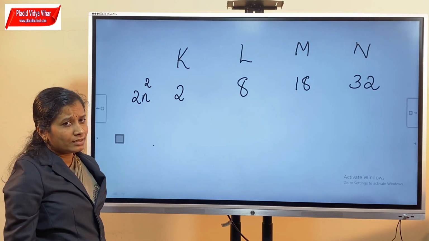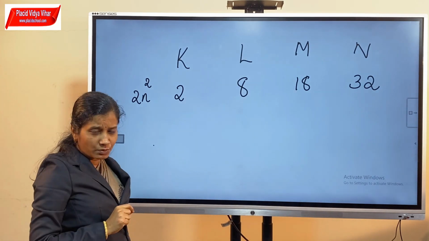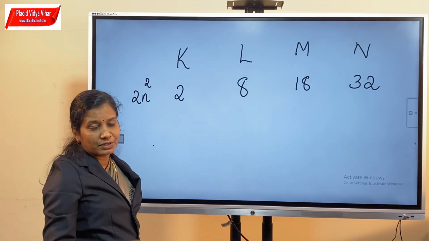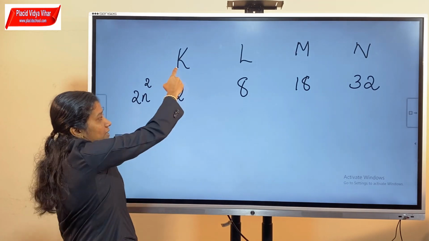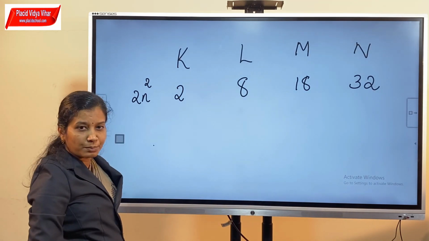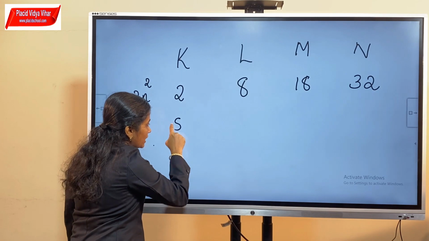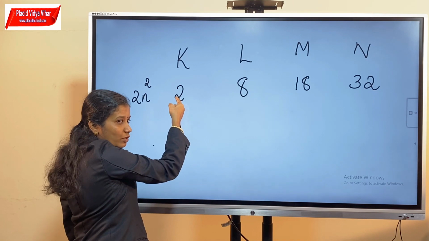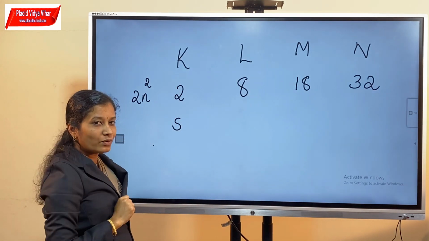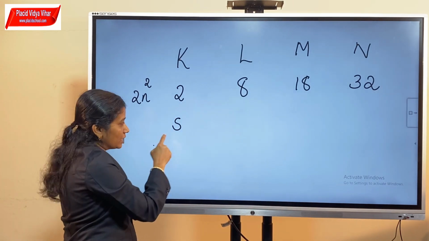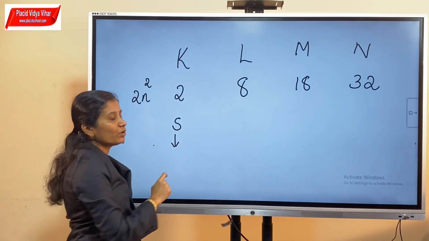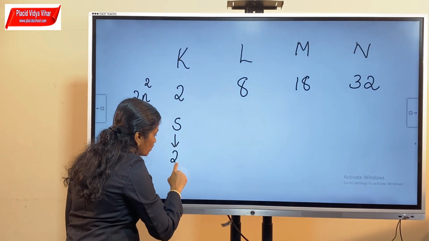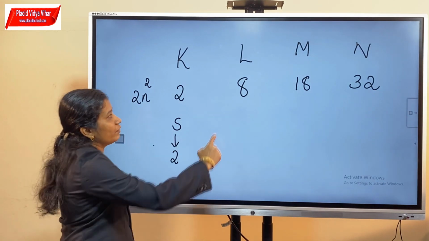Then in the subshell you studied one point. What is that? The number of subshells is equal to the shell number. So the first shell, K shell, consists of only one subshell. And what is the name of that subshell? It is S. So in the K shell, the maximum number of electrons is 2. It consists of only the S subshell. So the maximum number of electrons in S subshell is what? 2. Then we move to the second shell.